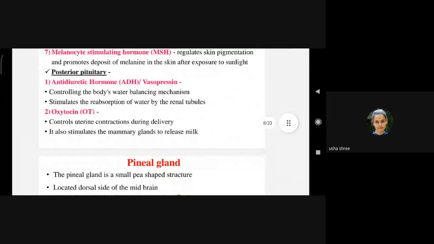Now, posterior pituitary, anti-diuretic hormone or vasopressin and oxytocin. These two hormones are stored in posterior pituitary but produced in hypothalamus. Okay. So controlling of body's water balancing mechanism is done by vasopressin or anti-diuretic hormone. Now,